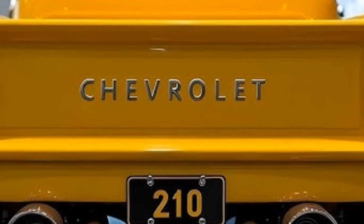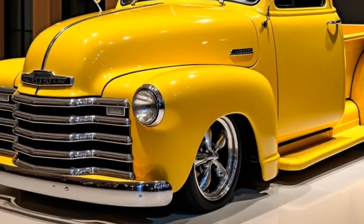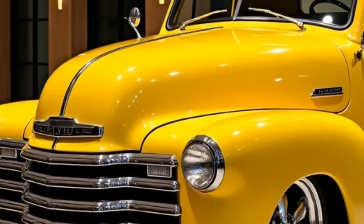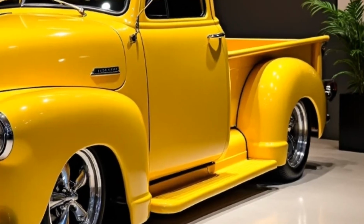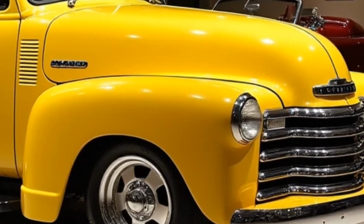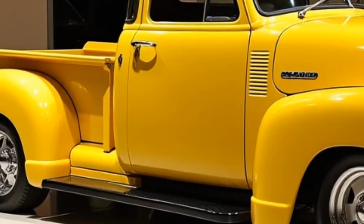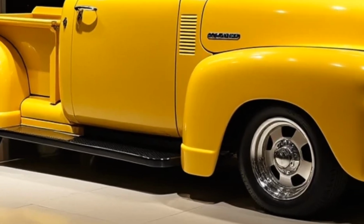When it comes to performance and drivability, Chevrolet has ensured that the 210 vintage pickup feels like a modern truck. The suspension system has been completely reworked, offering a smoother ride while still maintaining a classic truck feel. With an adaptive air suspension available in higher trims, this truck isn't just about looking good, it's built to handle the road with confidence. Whether you're cruising through city streets or hitting the open highway, it delivers a balanced and